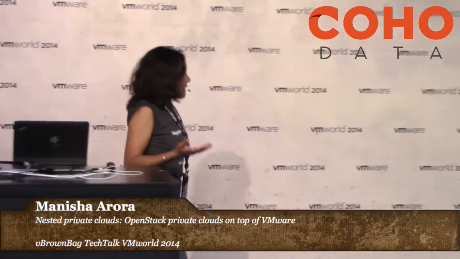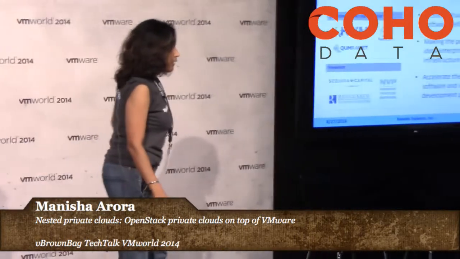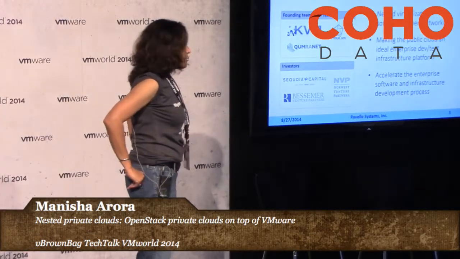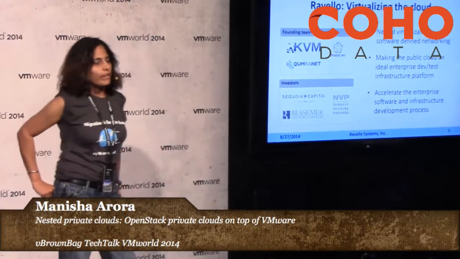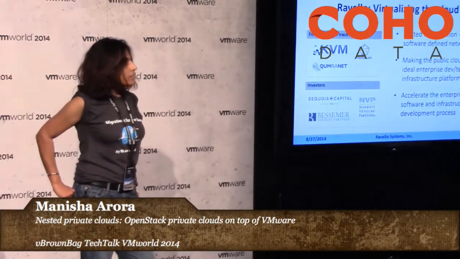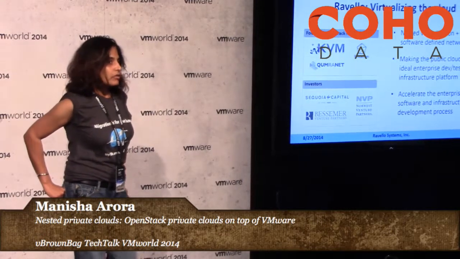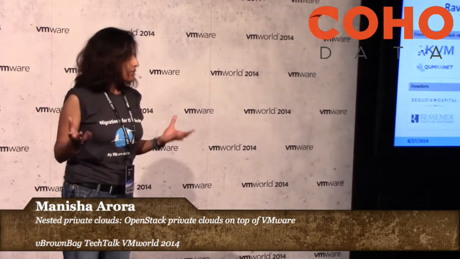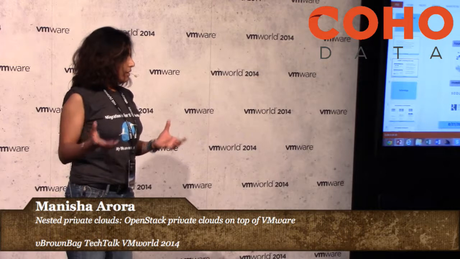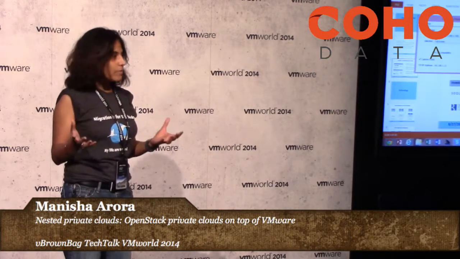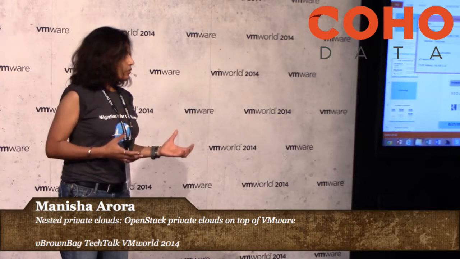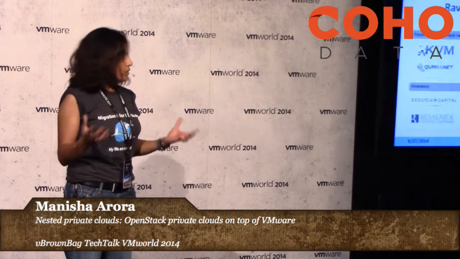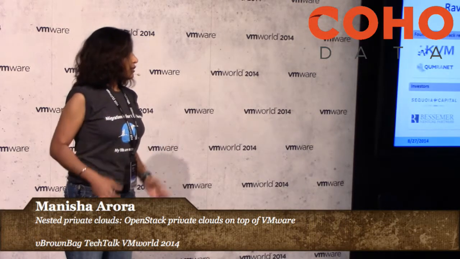So Ravello Systems, we are actually the same team that built KVM. And our new platform, as I shared with you earlier, is a brand new hypervisor that we have developed from scratch, which runs on top of public clouds like AWS and Google Compute. So what you can do with that is you can take your existing virtualized application environments running in your data center, using the same VM images, same networking, you can recreate and run those environments on top of AWS. So you use the same VM images, no need to re-IP your servers, and pretty much clone and run those